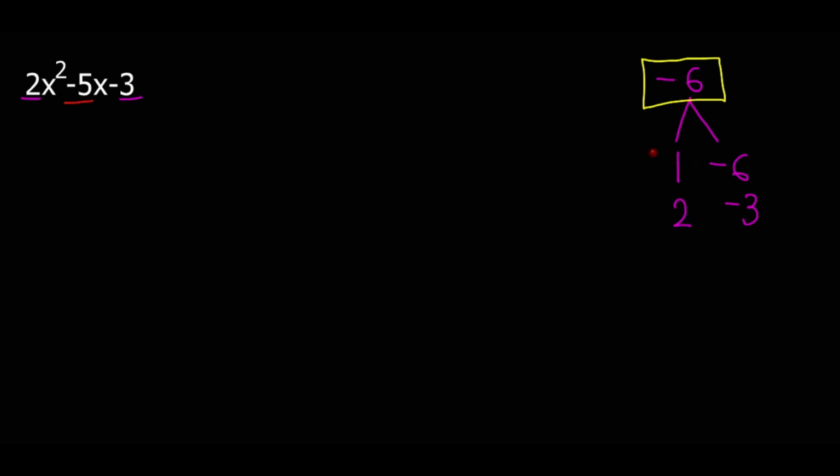You can see that it's 1 and negative 6, because 1 times negative 6 is negative 6, and then 1 minus 6 is negative 5. You cannot use 2 and negative 3, because 2 times negative 3 is minus 6, but 2 minus 3 will not give minus 5. And if you change the sign and put negative, negative 2 times negative 3 will give you positive 6 and not negative 6, even though negative 2 and negative 3 do give negative 5, they don't give negative 6 when multiplied, so we will use 1 and negative 6, and then from here